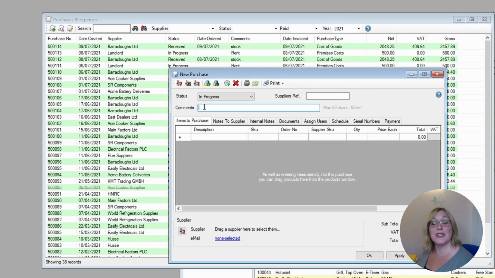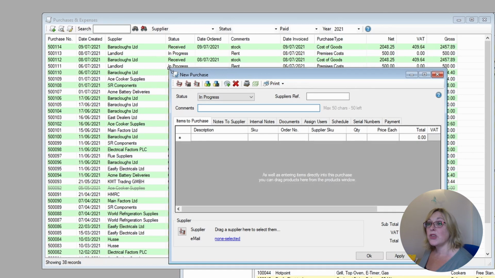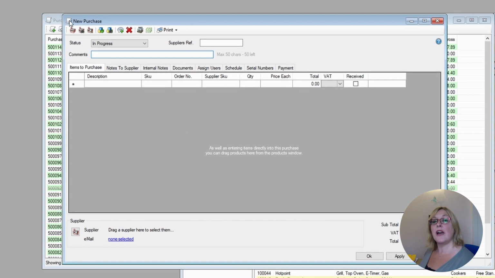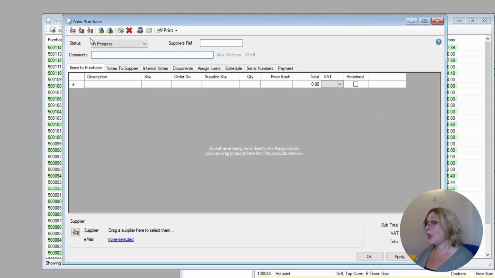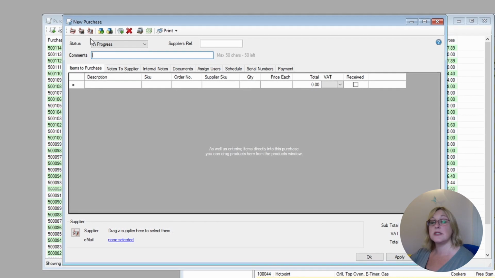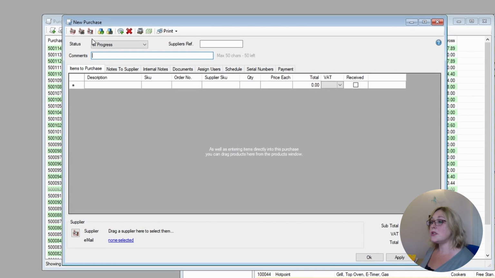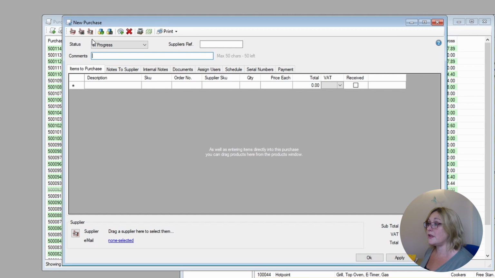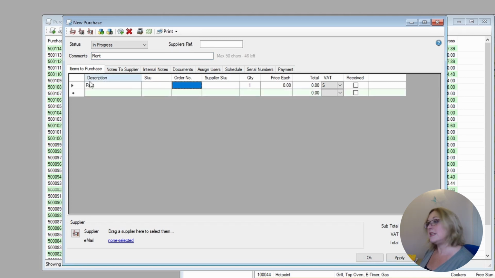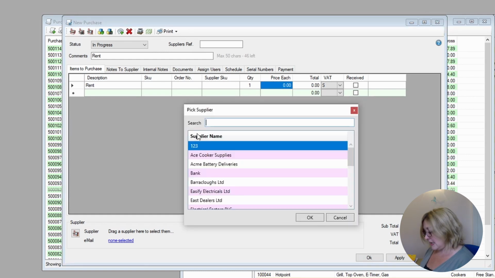Purchases also can be used to record expenses. So unlike orders, it doesn't have to be linked to a particular stock product, i.e. the product doesn't need to be in the products window. You can just type expenses into Easify for purchases and expenses. So for instance, if you want to record your monthly rent, you can just add in your rent here, literally type in the description, add in your supplier,